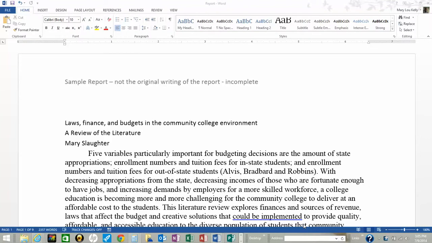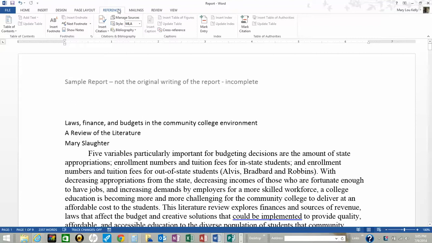Hello, my name is Mary Slaughter, and in this video I'm going to show you how to use the reference tab in order to create a bibliography. I already have a sample report on the screen. It's not complete. I'm going to click on References up at the top, and then I'm going to click on